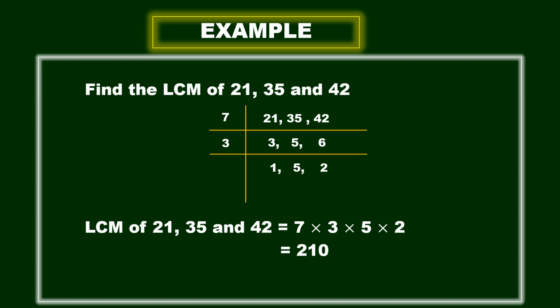Clear? So let me recall again. LCM means first you need to write the multiples of two given numbers and pick out the common multiples. From them you take the least one. Okay. So methods of LCM are prime factorization and division method. Okay. Prime factorization method is simple. Just do the prime factorization and write the given numbers as a product of the prime factors. From that you pick out the common factors and the remaining factors and multiply all of them. Okay. You will get the LCM of the given numbers.